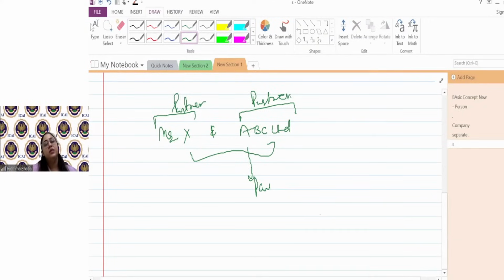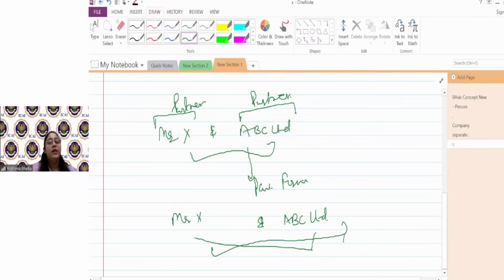Provided they get themselves registered under the Partnership Act. Can Mr. X and ABC Limited मिलके company form कर सकते हैं? Yes. Person मिलके, any person मिलके, they can form the company also. Then in that case, Mr. X would be a shareholder and ABC Limited would also be a shareholder. Okay. अब Mr. X and ABC Limited आते हैं एक joint venture के लिए, एक product के लिए. Suppose करो fintech development के लिए. अब they would be called as AOP.